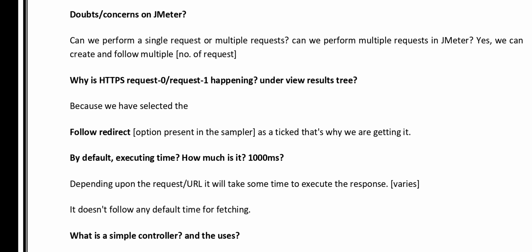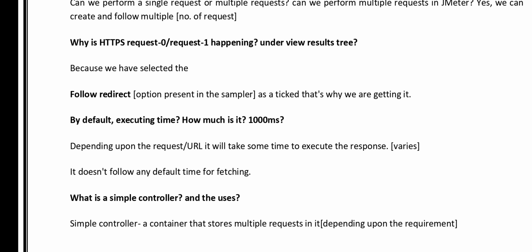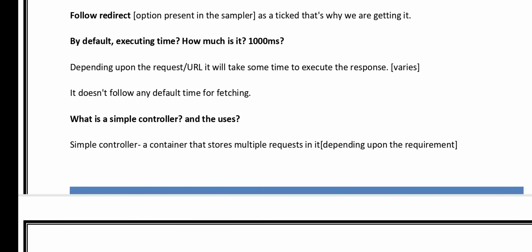Can we perform a single request or multiple requests? Can we perform multiple requests in JMeter? Okay, if yes, they'll ask multiple questions on top of the previous questions. Why is HTTP request 0 and request 1 happening under View Results Tree? Okay, by default, what is the execution time and how much is it going to take,